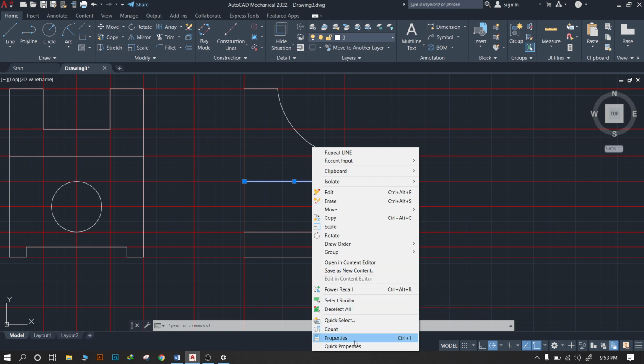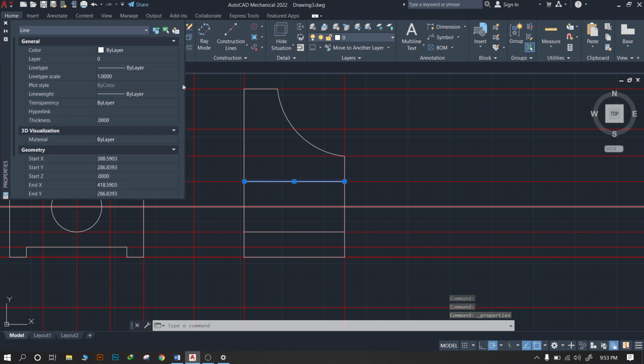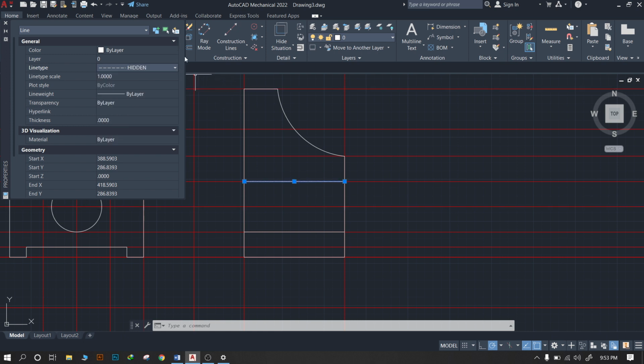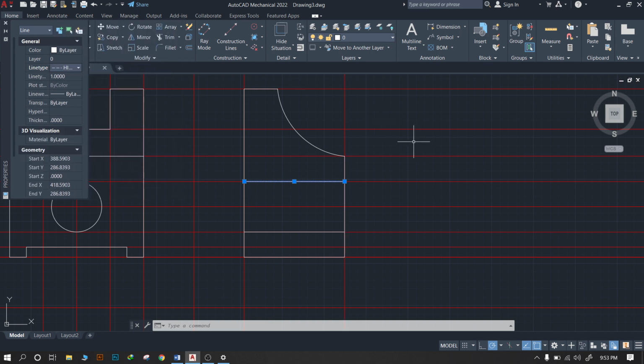For that we go to the properties. Type of line we will take as a dash line, that is hidden. So we converted it into the hidden line.